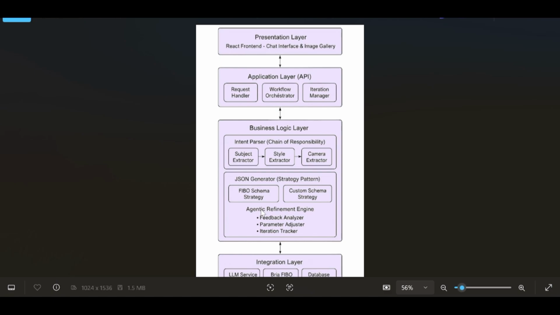So I'm here to present my project on the AI design agent using the Briar.ai FIBO platform, and it uses a JSON file. So I have my architecture here. I have my presentation layer, my React front end, which is the chat interface. I have the application layer, which is the API. I have my request handler and workflow orchestrator to connect the backend and the front end together, and then I have